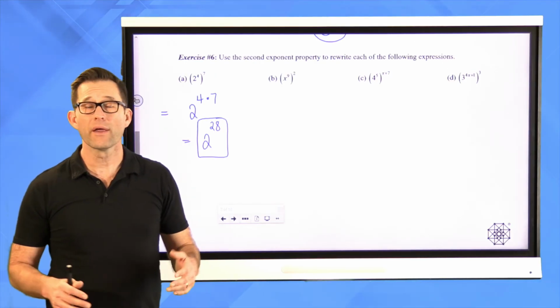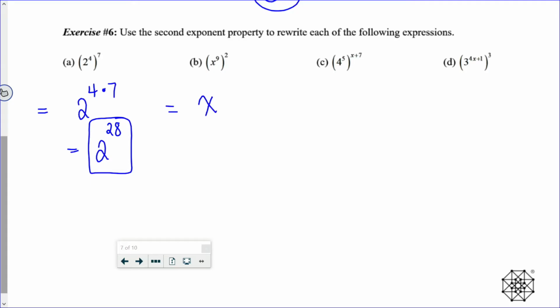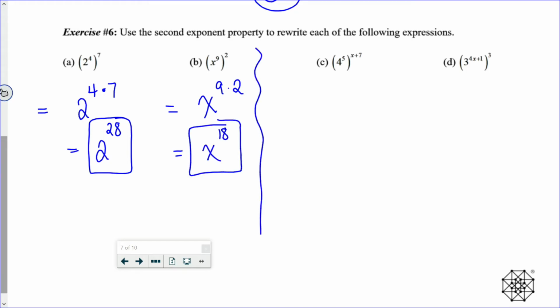All right, well, letter B is still straightforward. We've got x to the 9th to the 2nd, so that's going to be x to the 9 times 2, and that's going to be x to the 18th. Now for the tricky ones, right? 4 to the 5th raised to the x to the 7th. Well, we'd be tempted to just think that's 4 to the 5x plus 7, but it's actually 4 to the 5 times x plus 7. We now have to distribute that 5, very important. So that's 4 to something completely different. That's 4 to the 5x plus 35,